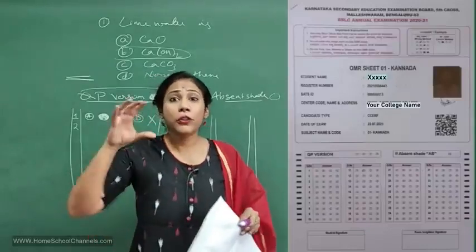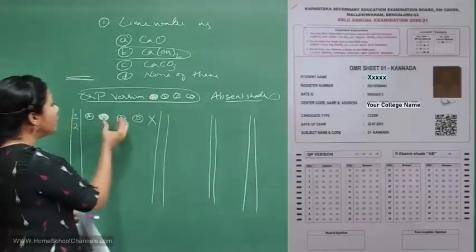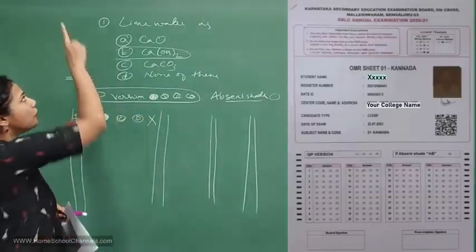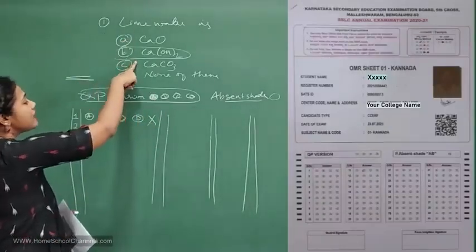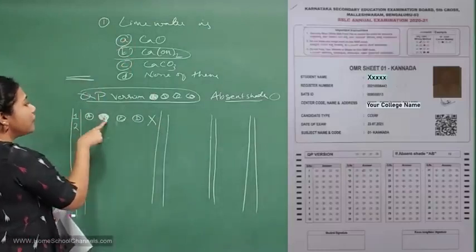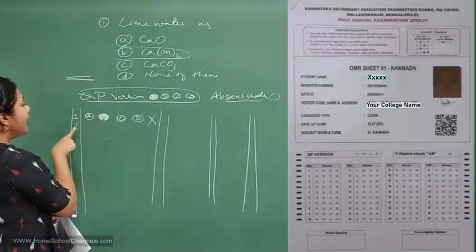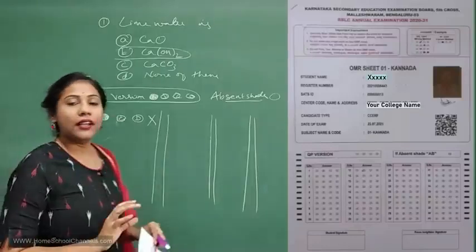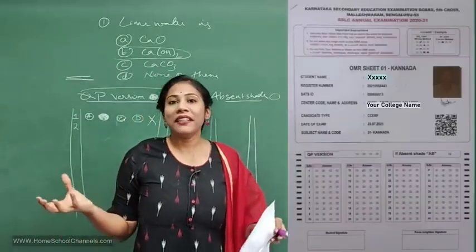And you know, don't be in a hurry to shade the circles; do it carefully. You have to think and circle. Go for the first question, select the answer, then finish shading the first question, right? And later go for the second question, right? This is the way you have to follow, right? So no need to panic here.